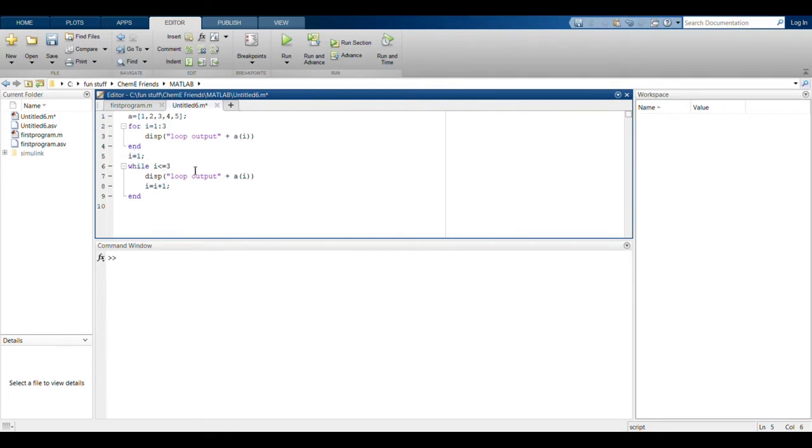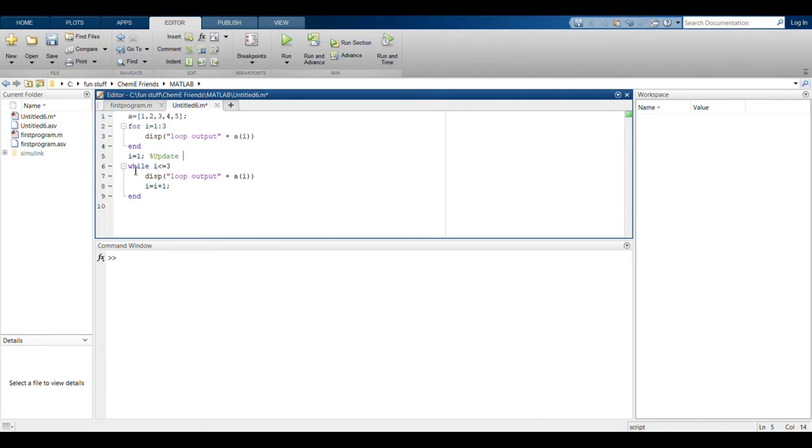Also, I think comments are a great way of reminding you of why you did that particular step. And to write a comment in MATLAB, you just write a percentage sign, and you can write the reason or whatever. It's very helpful when multiple people are trying to develop a code together. And I always use comments personally.